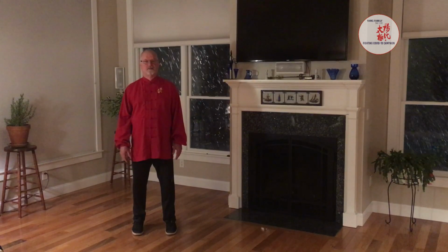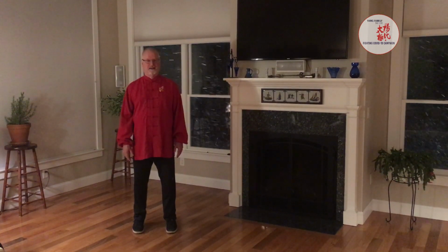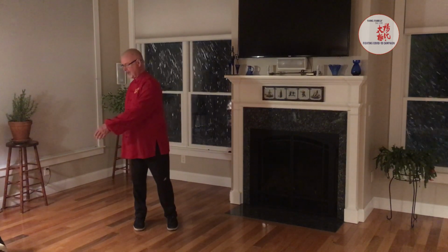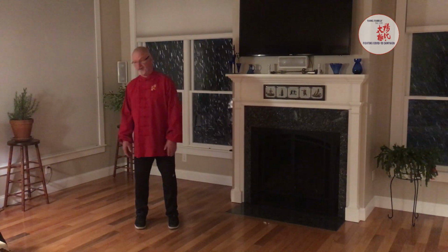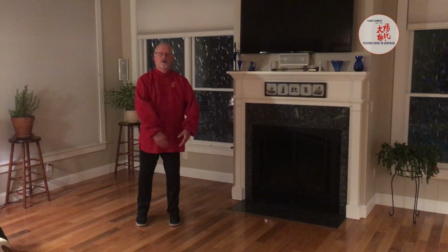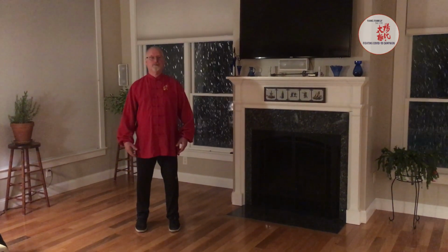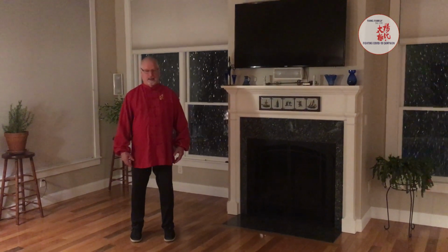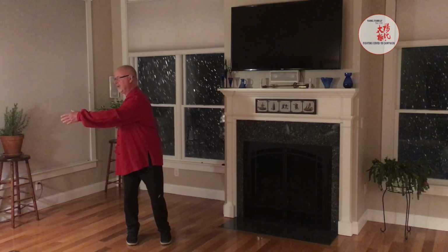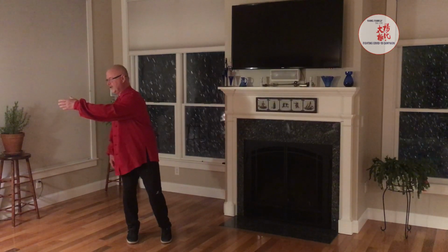So the next is the hand. And as the waist turns, the arm goes out. And I want you to follow that movement. You're going to maintain this curve throughout the whole movement. And as you're sitting and the waist turns and the hand goes out, you let it continue. And as you step